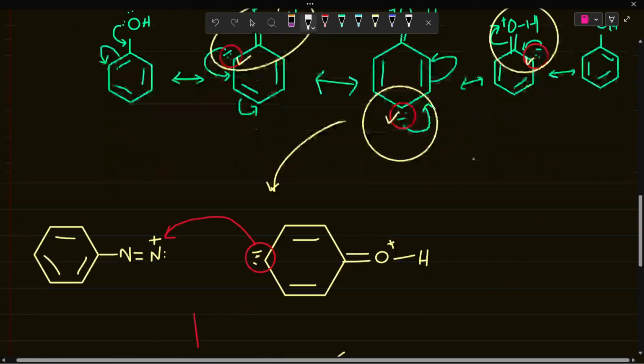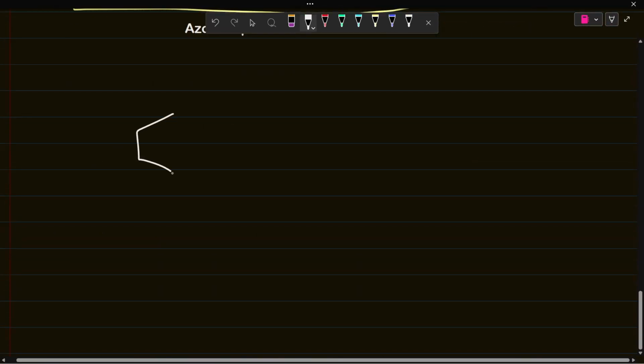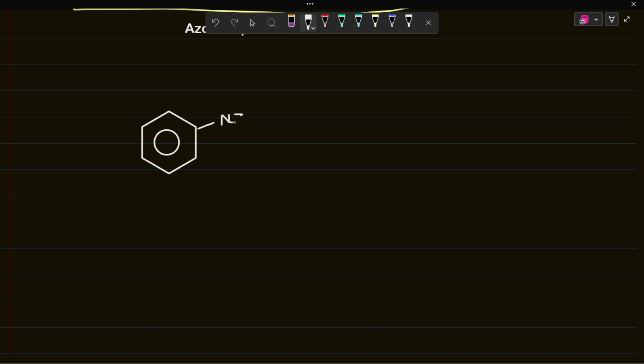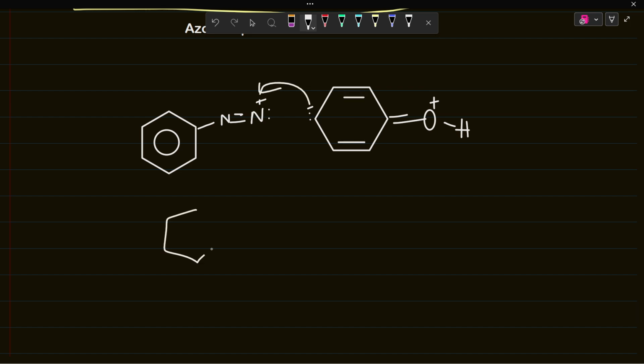First of all, our nucleophile is developed from the diazonium salt, which looks something like this, and double bonded N, and this is the first step. Fine. This is our nucleophile generation. Then it reacts with our phenol ring, which is activated at ortho and para position, attacks this compound. Fine. Attacks this compound, positive H. Fine. Now this attacks it. We get something like this, N, double bonded N, single bonded